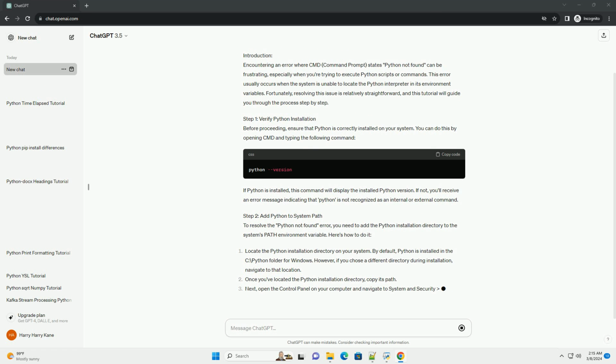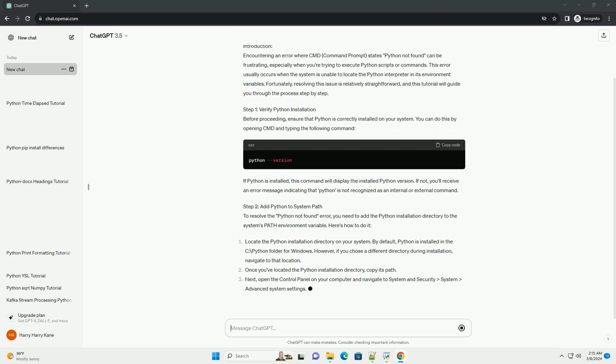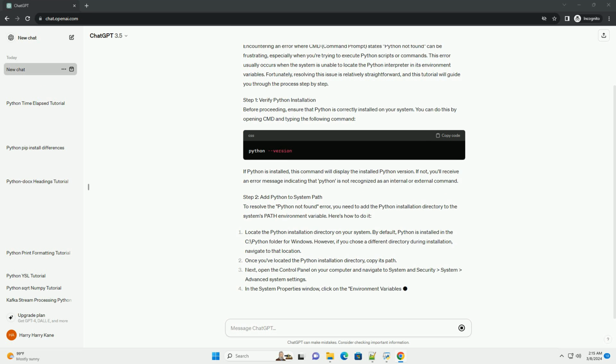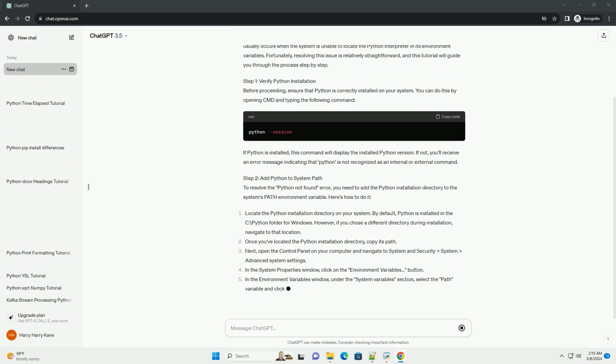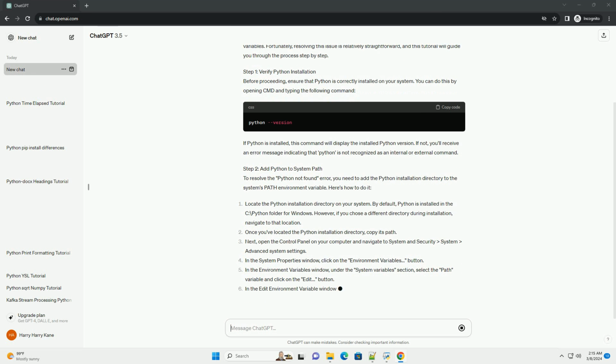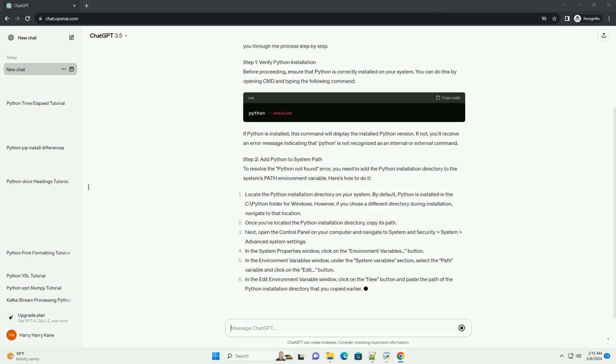Step 2. Add Python to system path. To resolve the Python not found error, you need to add the Python installation directory to the system's path environment variable. Here's how to do it. Step 3. Verify Python installation again. After adding